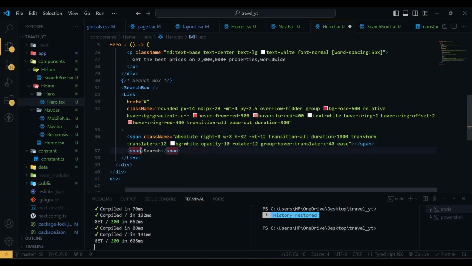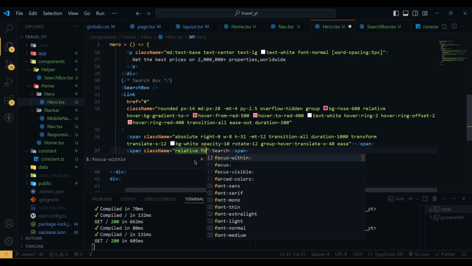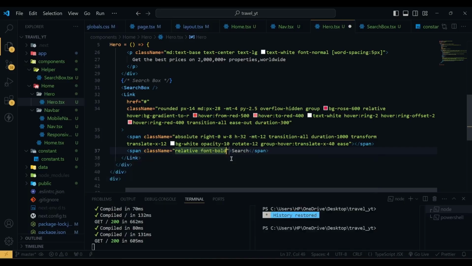Then the last span will have a class name of relative and font bold. Now if I hit save,